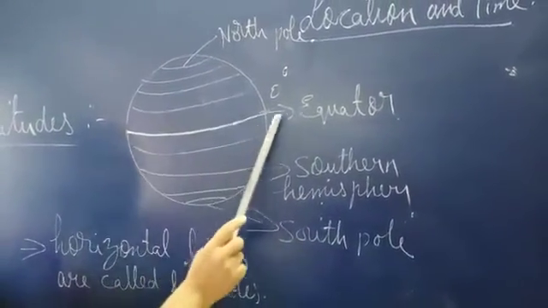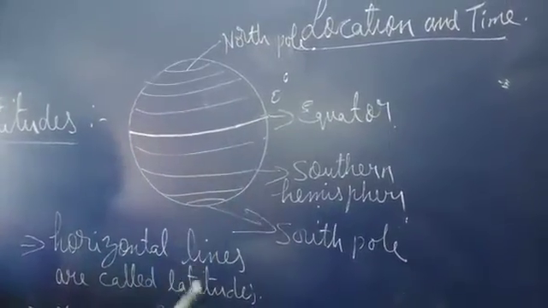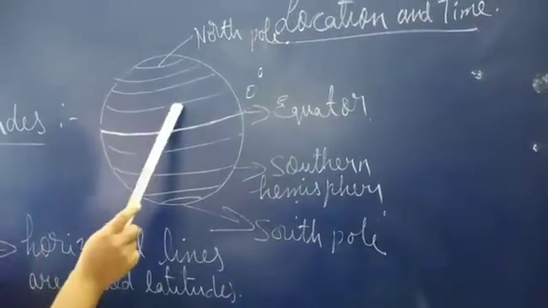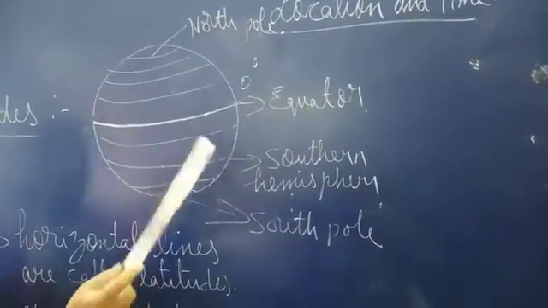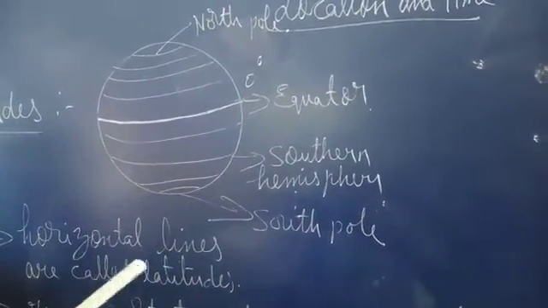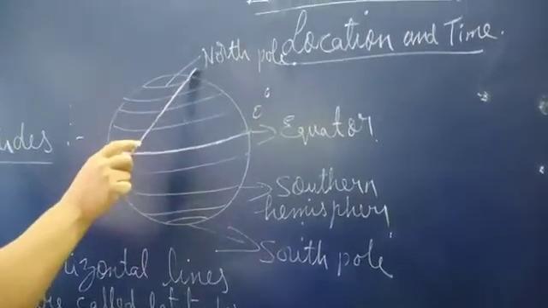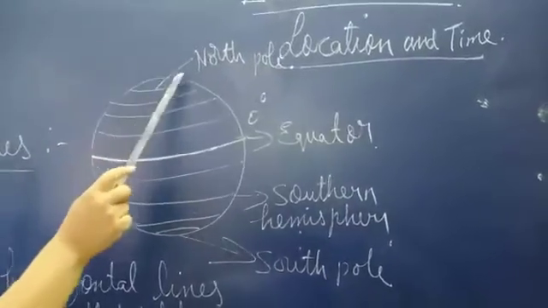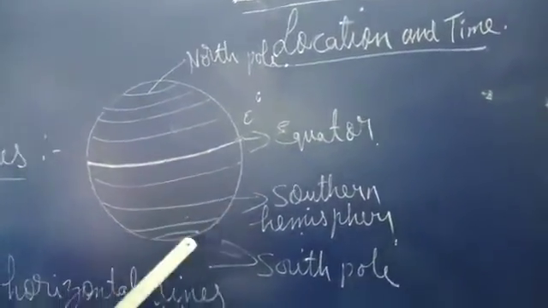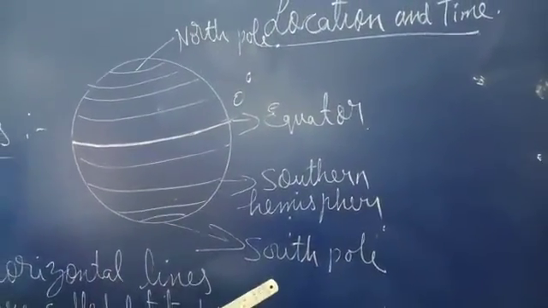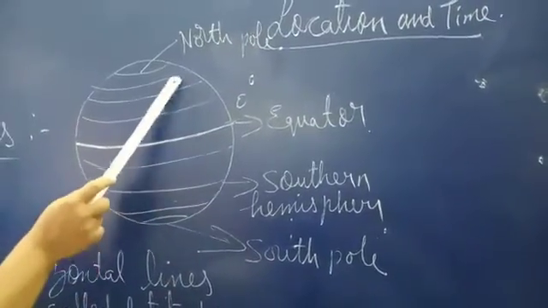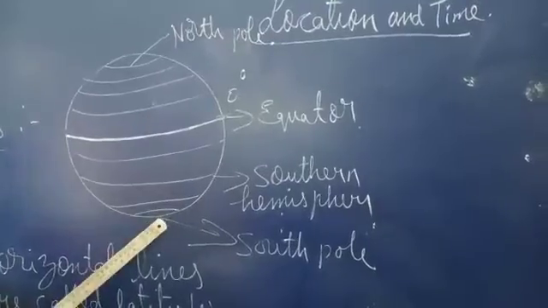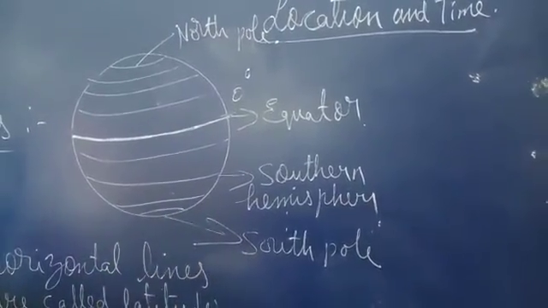The places near this equator are known as equatorial regions. And above that are the tropics, the Tropic of Cancer and the Tropic of Capricorn. And at the topmost, you can see the pole, the ending point. So the above is the North Pole and here is the South Pole. And children, the northern part is called the Northern Hemisphere and the southern part is called the Southern Hemisphere.